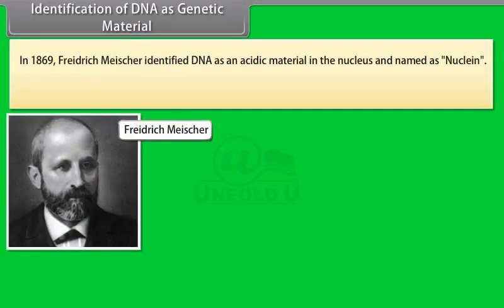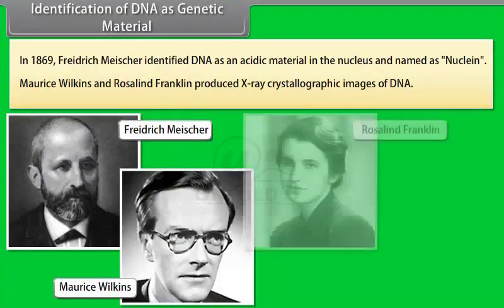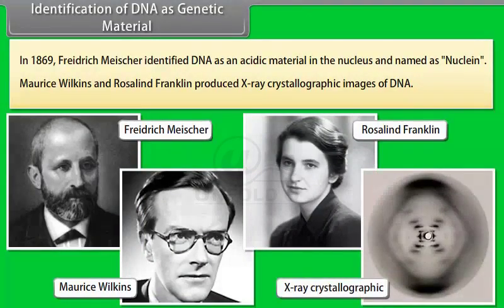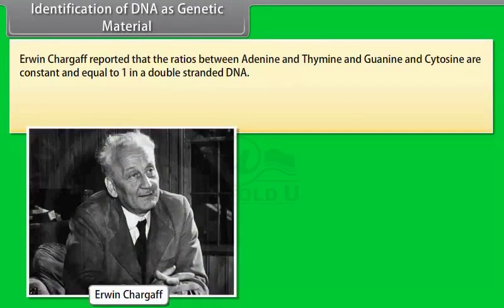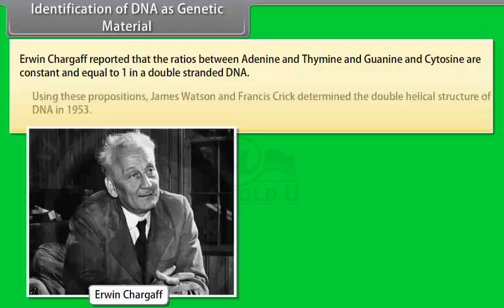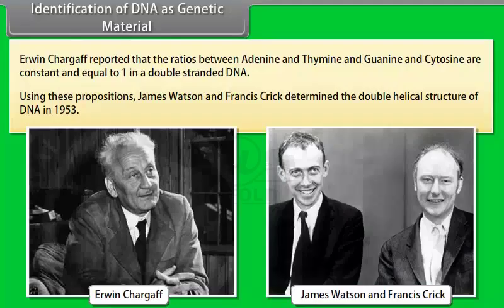In 1869, Frederick Miescher identified DNA as an acidic material in the nucleus and named it nuclein. Maurice Wilkins and Rosalind Franklin produced X-ray crystallographic images of DNA. Erwin Chargaff reported that the ratio between adenine and thymine and guanine and cytosine are constant and equal to 1 in a double-stranded DNA. Using these propositions, James Watson and Francis Crick determined the double helical structure of DNA in